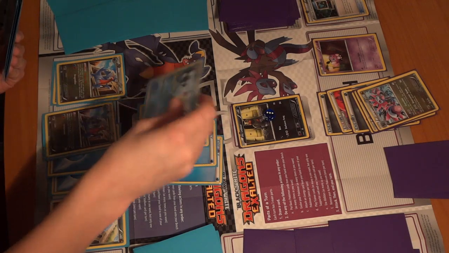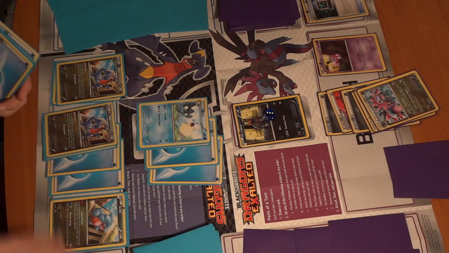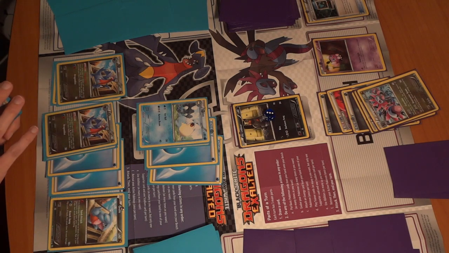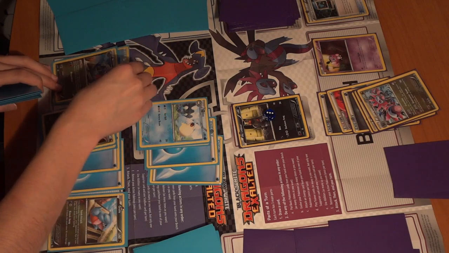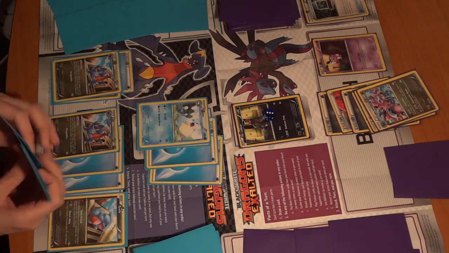actually, well, it's going to be probably knocked out anyways. So I'm actually going to try a little bit of a different strategy. I'm going to attach, since I keep on just drawing water energy, I'm going to attach to this Gabite, and I'm going to pass. And the reason I'm not knocking this Pokemon out is because if I knock him out,